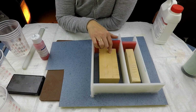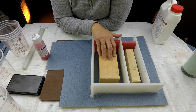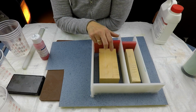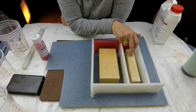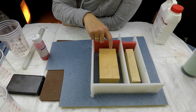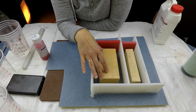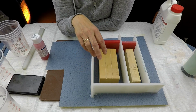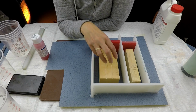This is a bit of lime here that I cut to the size that I required and sealed it with a varnish. Same with this one here, and then as you can see it's got grooves in here. It's also got a groove halfway through. The size of this block is 45 by 70, and this mould is going to be for casting 6 at a time,